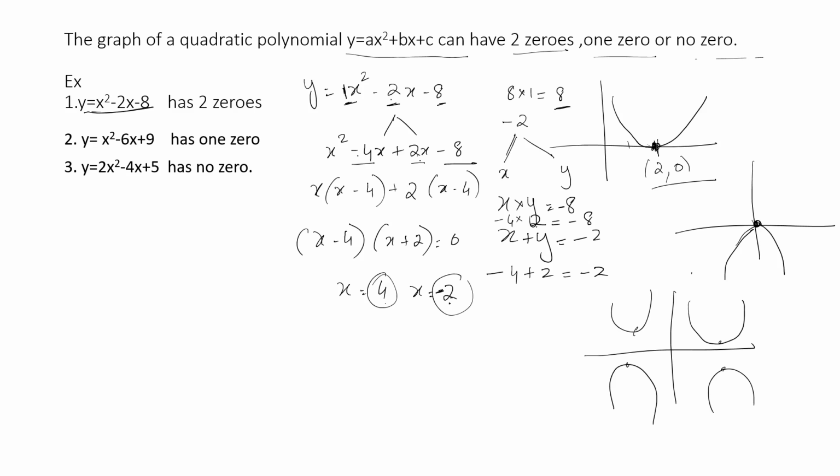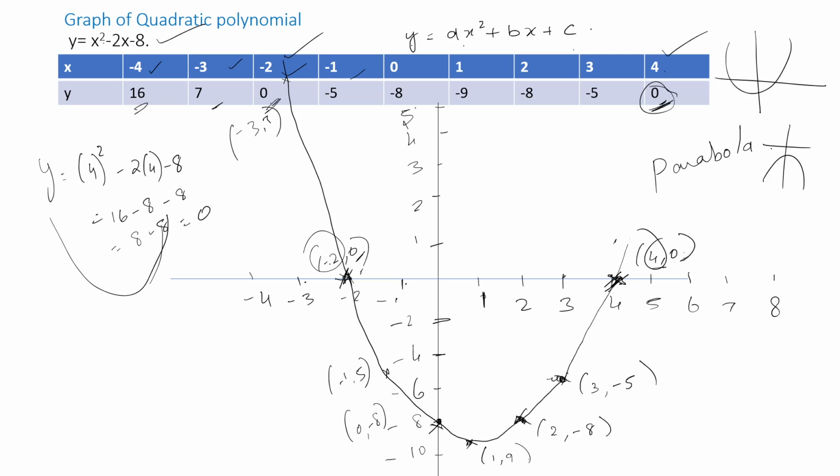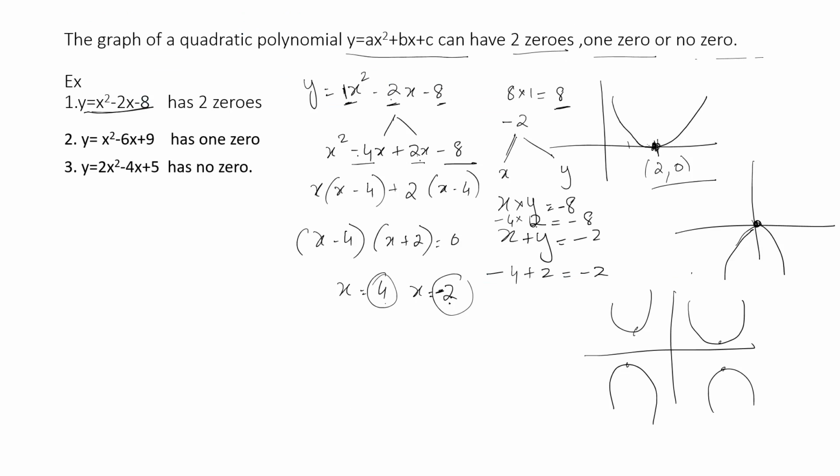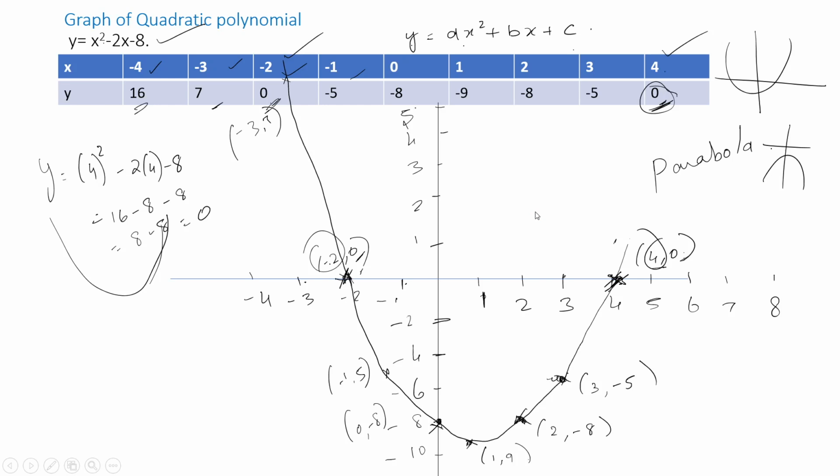In this we get zeros. This is what we have seen in the graph also. 4 and minus 2, in this we get zeros. So these are the zeros of the polynomial. If we can factorize and find the two values, then it will have two zeros as in the previous example,